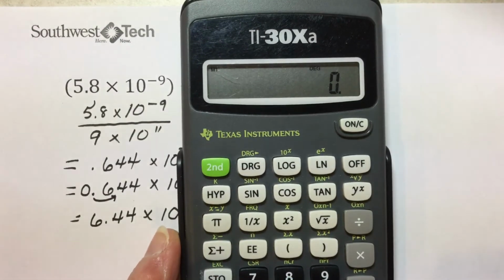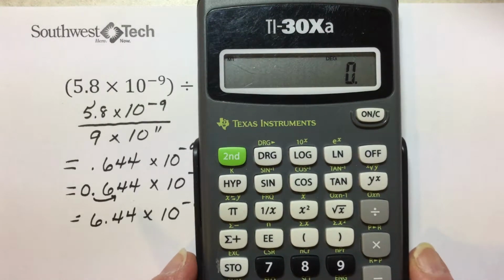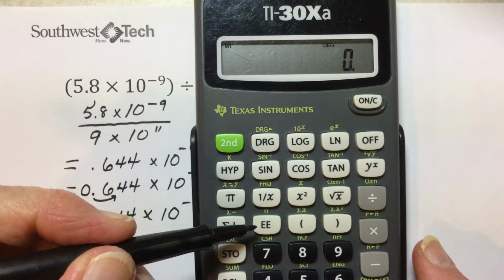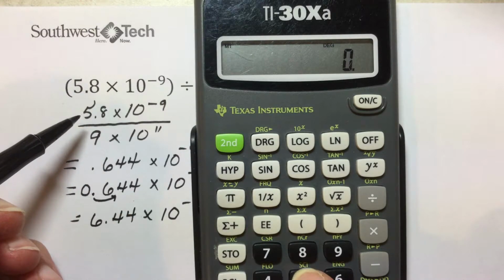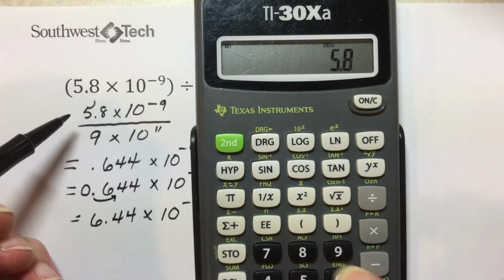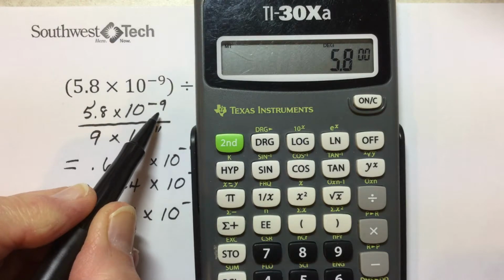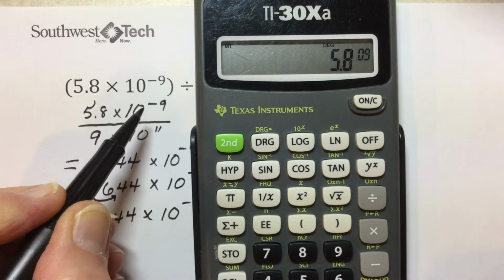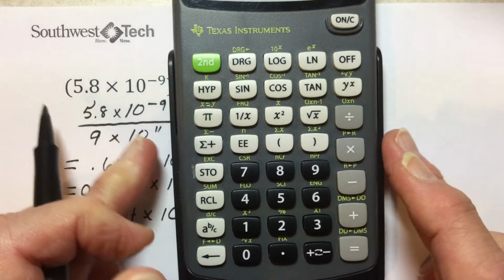Here I have a Texas Instruments calculator, which we can use to do the same problem. To enter a number in scientific notation, we use the double E key. For this particular problem, I will type 5.8. EE takes care of the times 10. All we need to do is put in our exponent. I'm putting the 9 and then the sign change key, which is here, to put it to the negative 9th